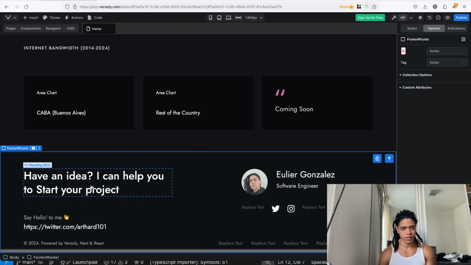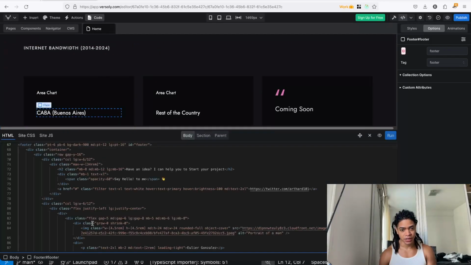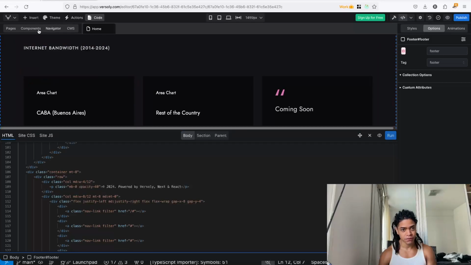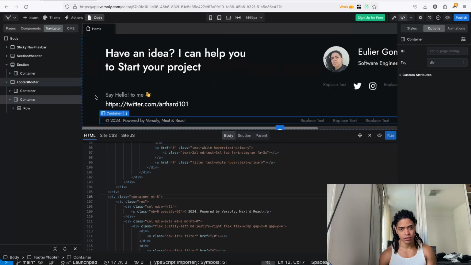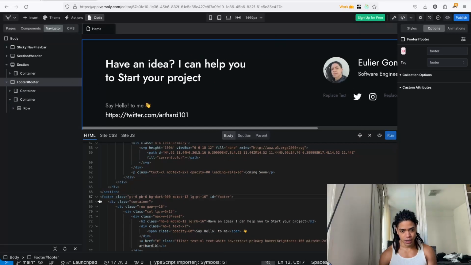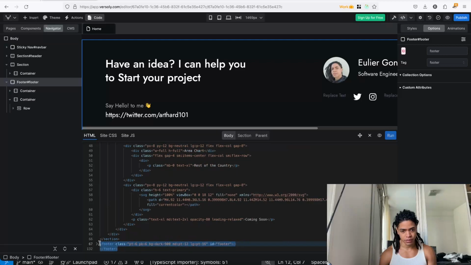And you got this, have an idea, it can help you start with your project. Luckily for us, we already have the code for this, so we can now navigate to the container here, or to the footer here, and then copy this completely, which is something that I love.